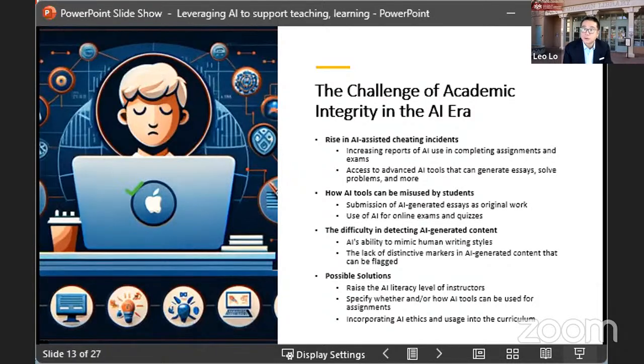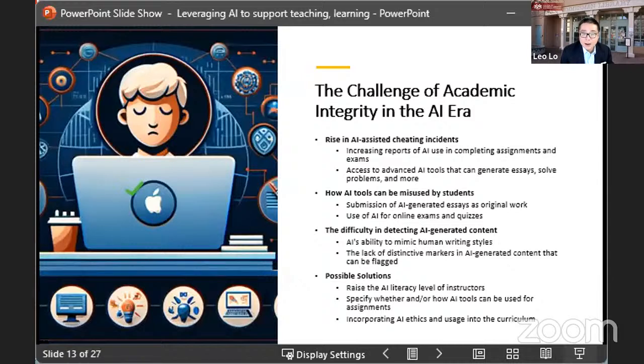But there are some possible solutions, I think. First of all, is to raise the AI literacy level of instructors so that they can make an informed decision whether they want to use AI in their classes or not. If so, how? In what way? A lot of the time when students so-called cheat, it's because there are unclear instructions for the assignments. If the instructor doesn't give any guidance on whether they can use AI or not, then what is cheating, right? So it's important for instructors to be knowledgeable and be able to decide how they want to use AI tools